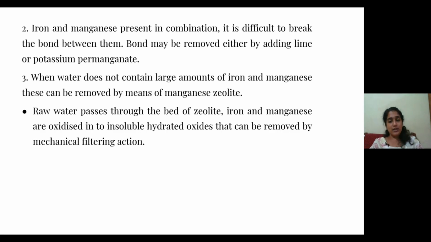These are the miscellaneous treatments given to water in a water treatment system according to the quality of water, or according to the chemical composition or the chemicals present in the water. We have to decide what miscellaneous treatments are to be done to the water, which is designed according to the surface water quality, that is, depending upon the source of water from where we are taking water for the water treatment and water distribution system.